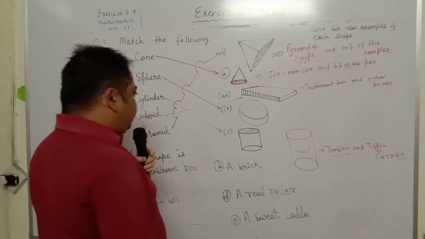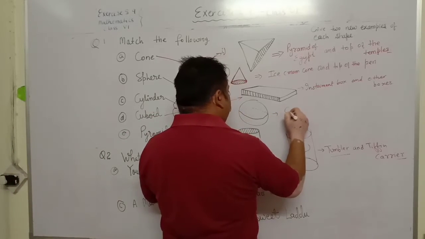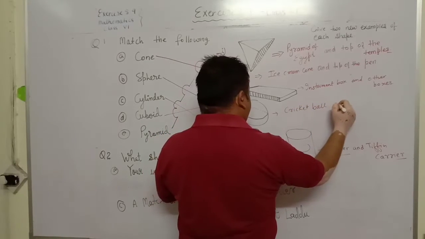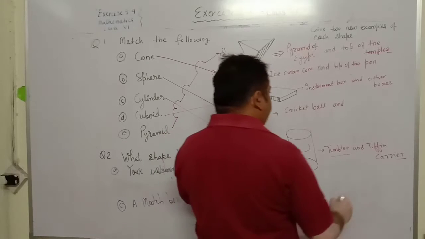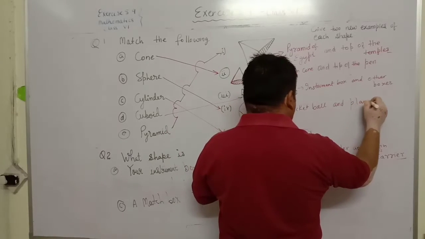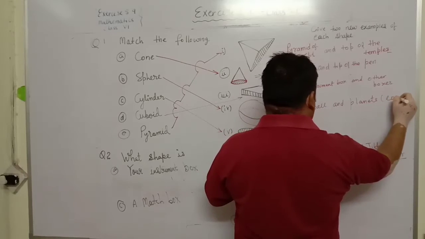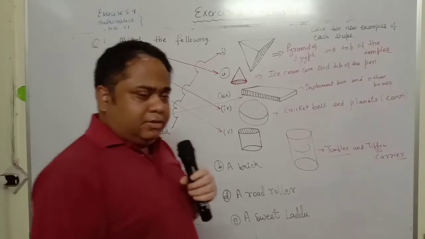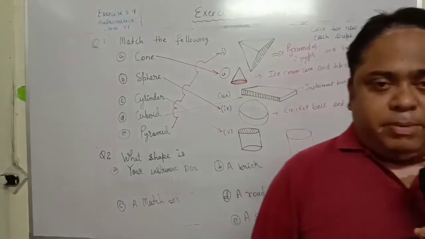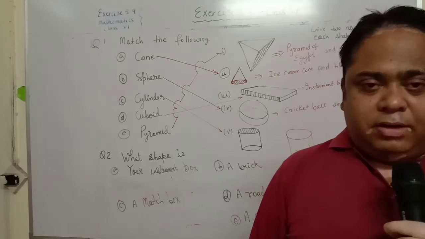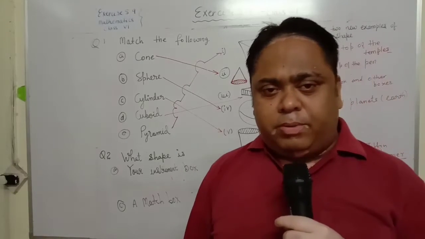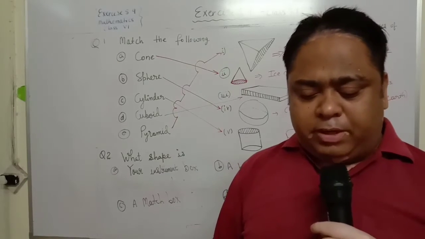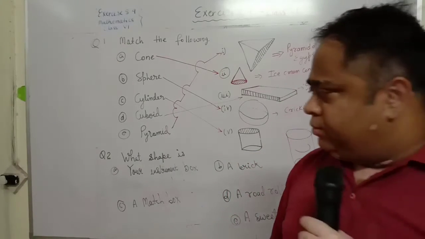Is there anything left? Sphere, cricket ball, and planets like Earth. Although it is not completely a sphere, but nothing is perfect. Although Earth is not completely spherical, Moon is not completely spherical, the surface is not smooth, but from a long distance we see them as spheres. So we will not become so particular because nothing is perfect in this world.